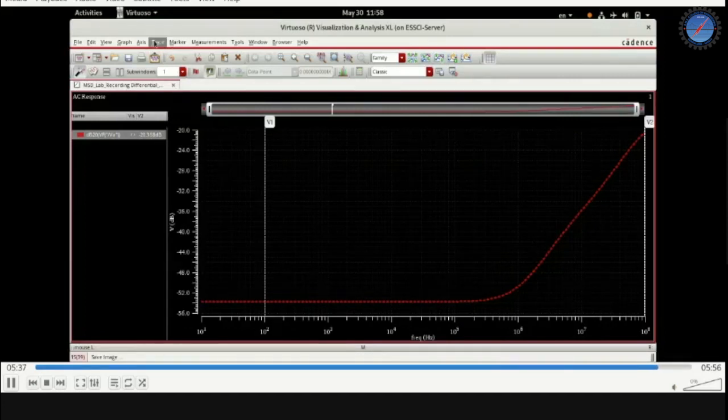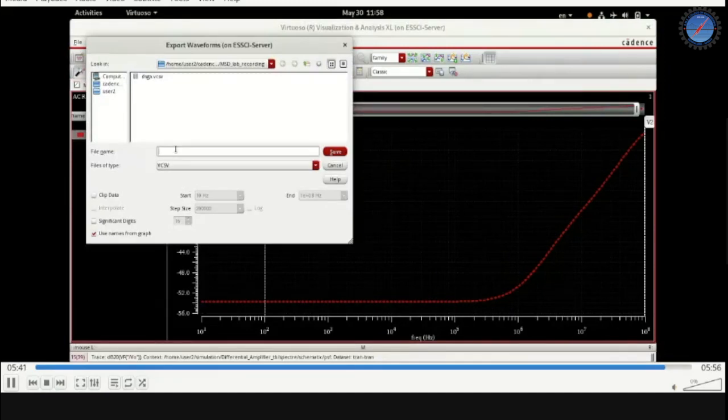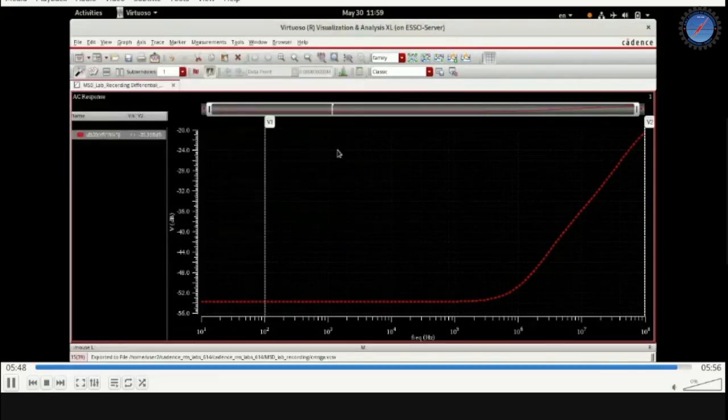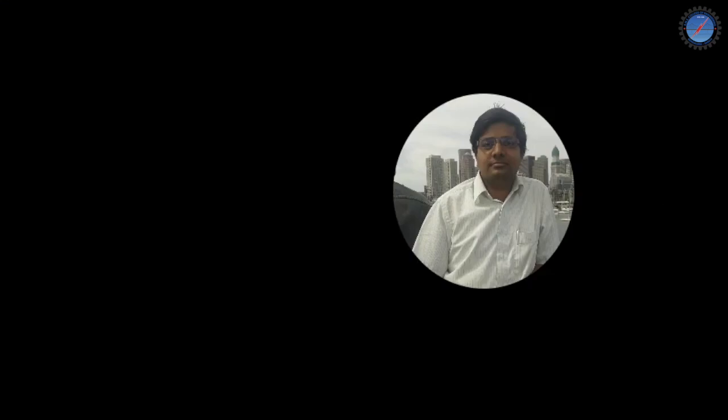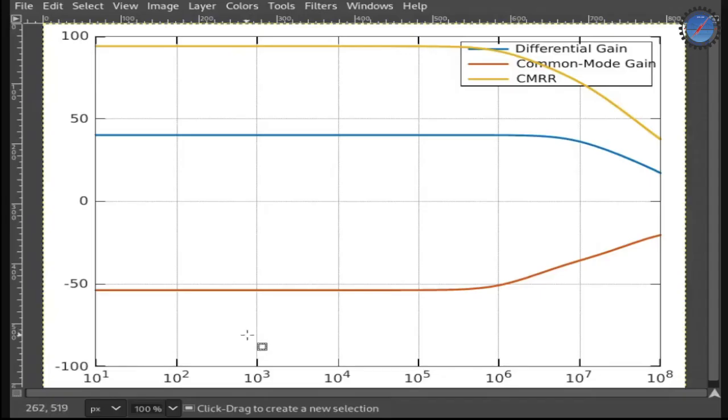At 100 hertz, the common mode rejection ratio is 93 dB, and at 100 megahertz, it is about 37 dB. You can also export this trace, and then we can plot the common mode rejection ratio as a function of frequency.